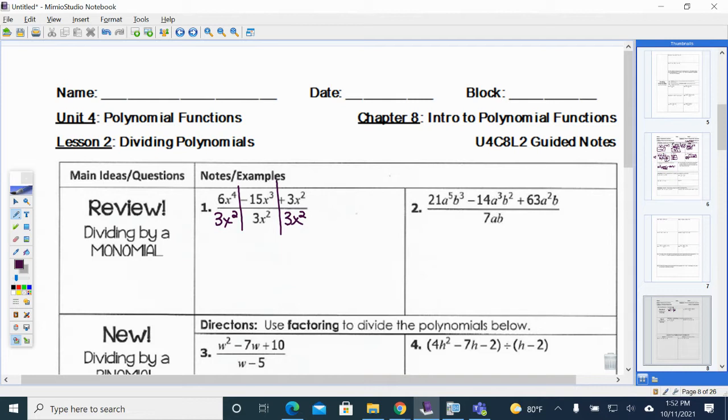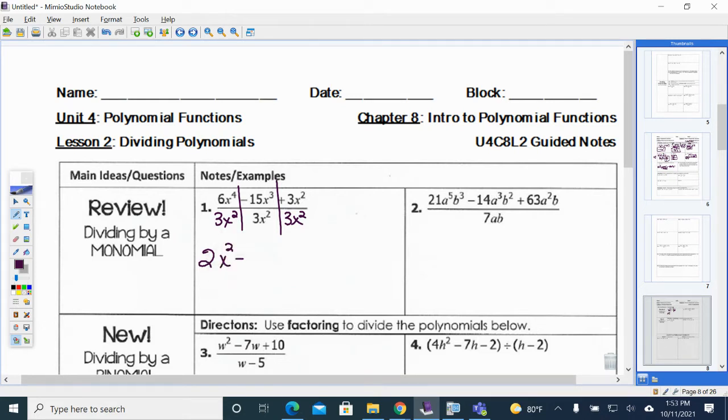So when we take 6x to the 4th and we divide by 3x squared, the big numbers out front are going to follow the rules and divide. With exponents, we're going to subtract. So 6 divided by 3 is 2. You have more x's in the numerator, so 4 minus 2 is 2, so we have 2x squared for our